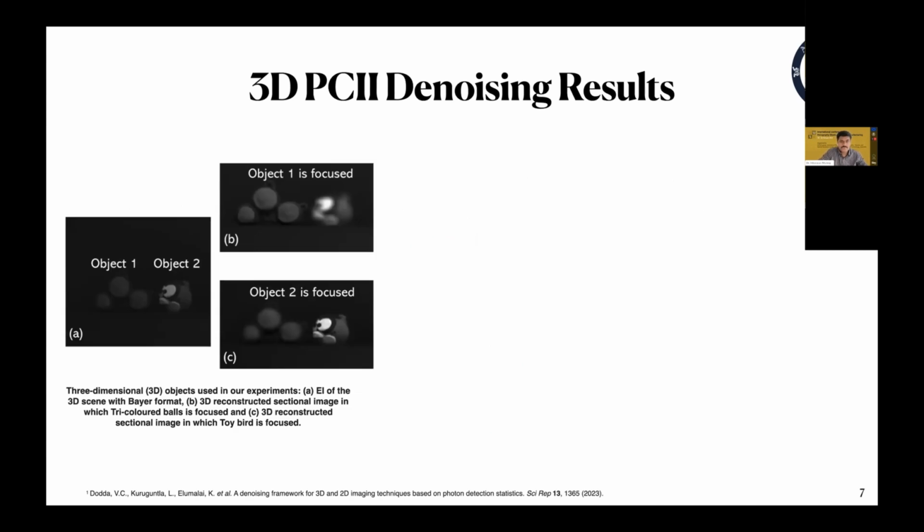And I wanted to show you some of the results of that particular one. So this is what we call a reconstructed image on your left, which is A. We have used two objects, object 1 and object 2, which are kept at two different depth locations. And when I wanted to reconstruct the image using the conventional integral imaging reconstruction algorithms, I get B and